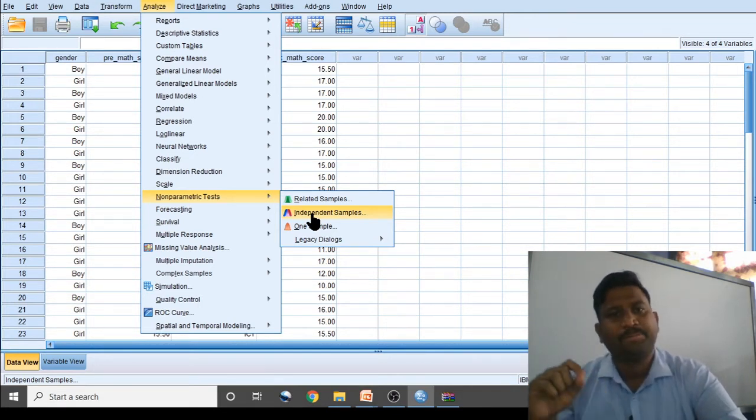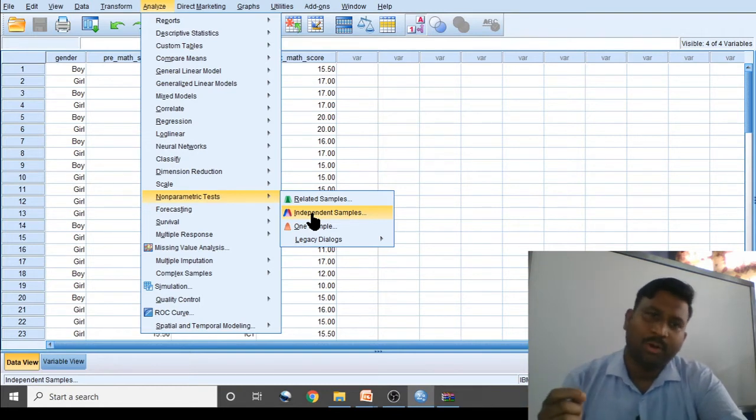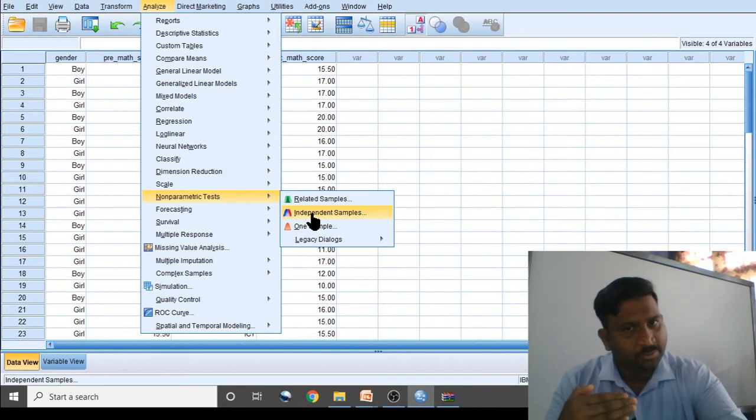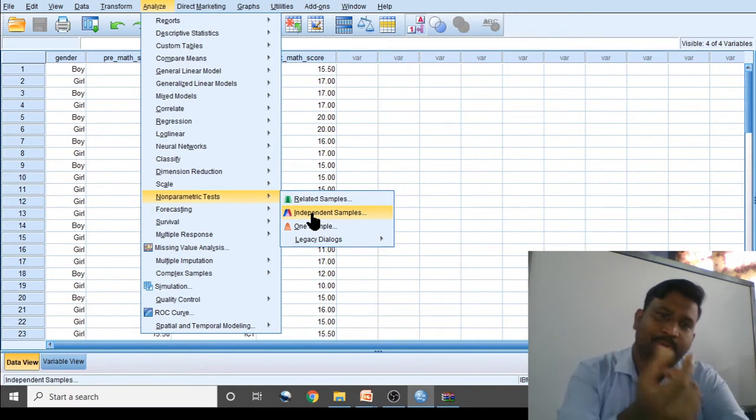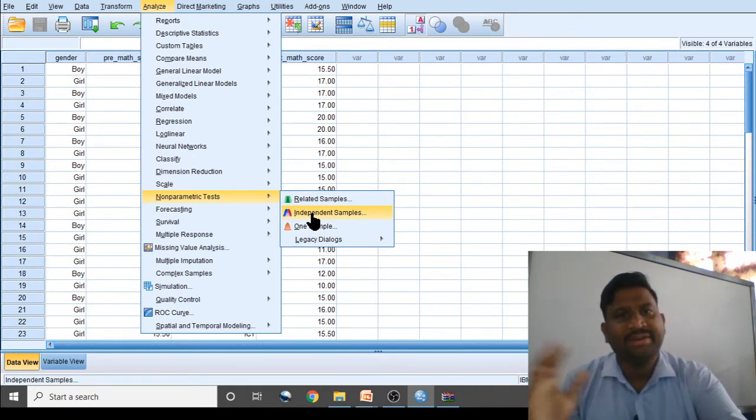The boy who is taught with ICT is different, and the sample taught with programmed learning is different. So independent samples are there.